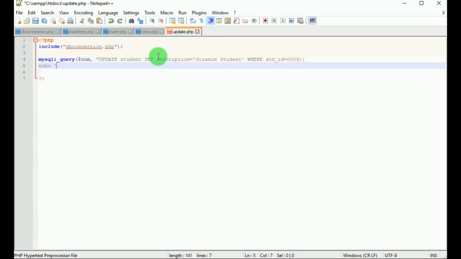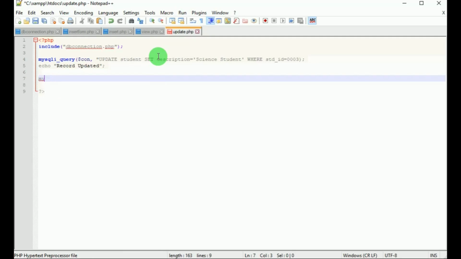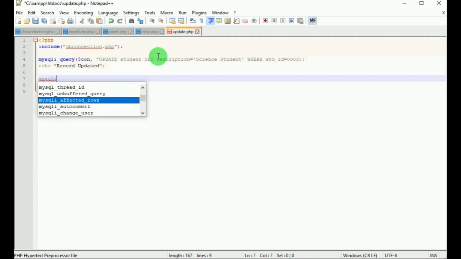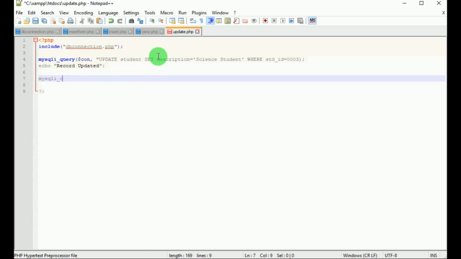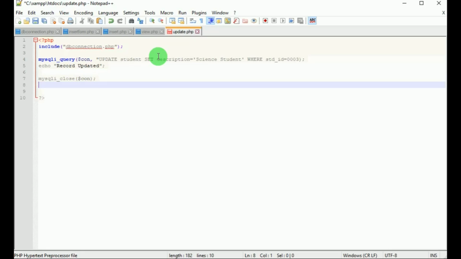Include the statement record updated. MySQLi close is used to close the connection. Con is a variable which stores the connection.